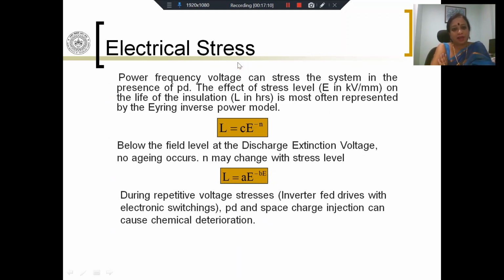Then we come to electrical stress. Now, power frequency voltage can stress the system in the presence of partial discharges. You apply a power frequency voltage, and if it is within the system voltage, there should not be any problem. You should not have any degradation. But as we know, what really happens is there are often